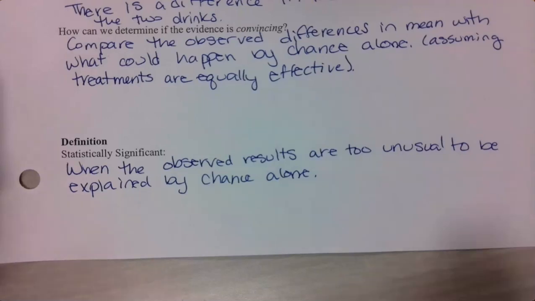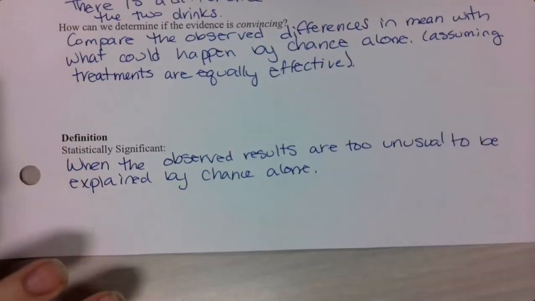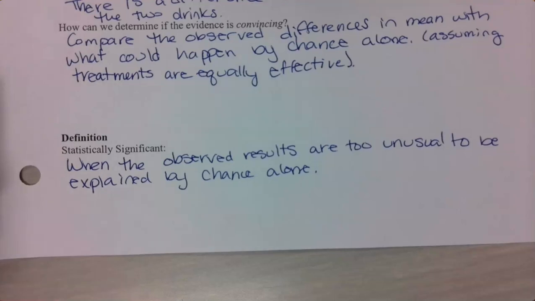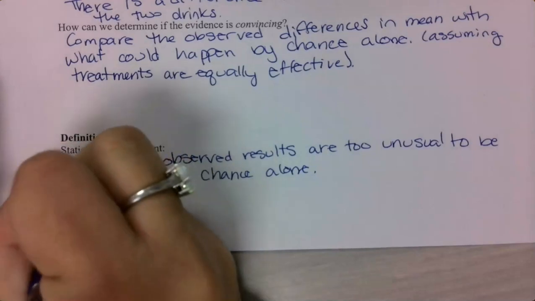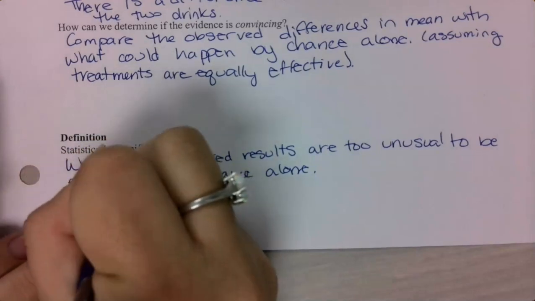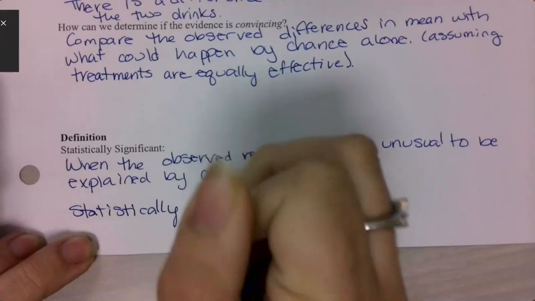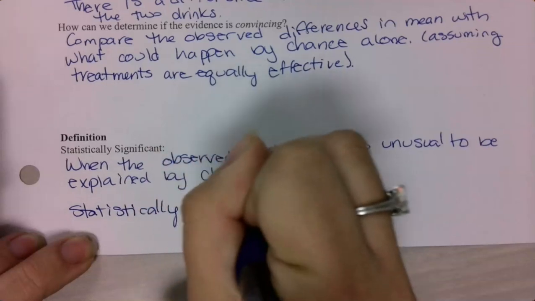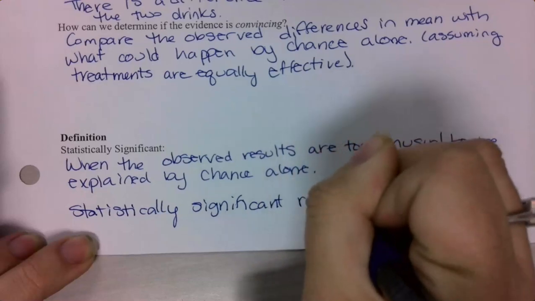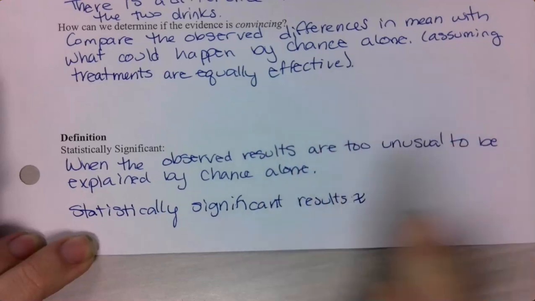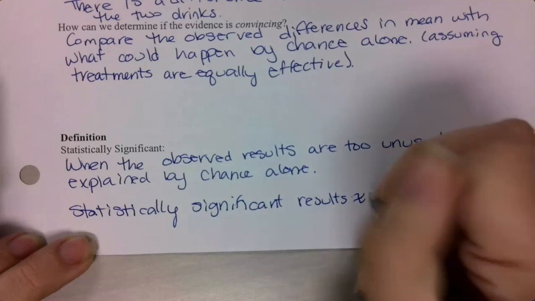So basically, what I want to say is statistically significant results are the same thing as convincing evidence. Remember, this means congruent. So the same thing as